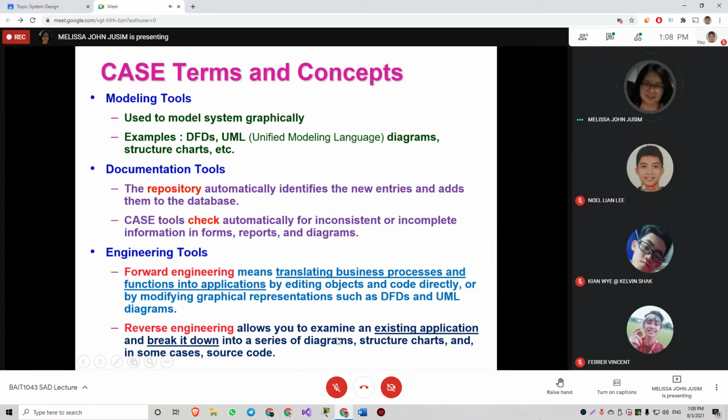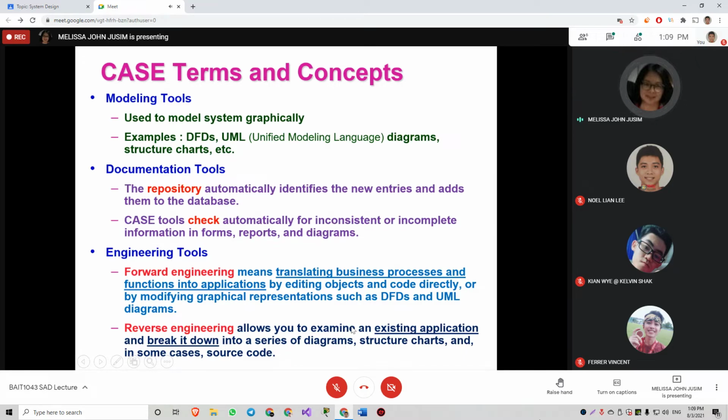This is cool, especially when, in a company, a particular system has already been developed and you are required to upgrade it. So what you can do, to understand how the current system works, is reverse engineering. From the existing application, break it down into diagrams, or perhaps the modules and the structure chart.